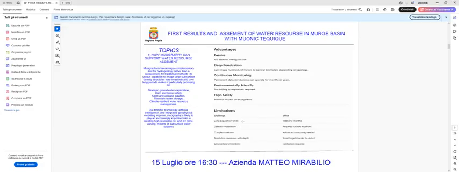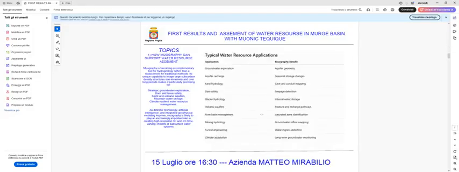So, limitations: we have some limitations. Travel for long-time acquisition, so you need to plan the reinstallation of detectors, complex model inversion, resolution decreasing with depth, small targets are harder to detect, advanced computing needs. So calibration is required, and atmospheric correction. Typical water resource applications: groundwater exploration, you have aquifer research, karst